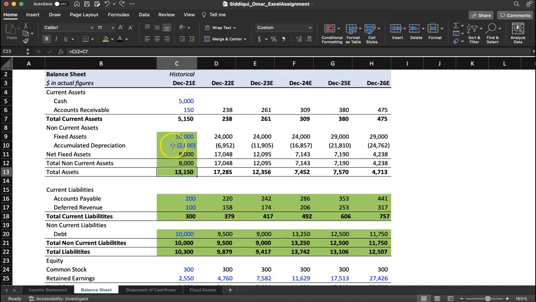C12 plus C7. D12. C9 plus C10. So equals,